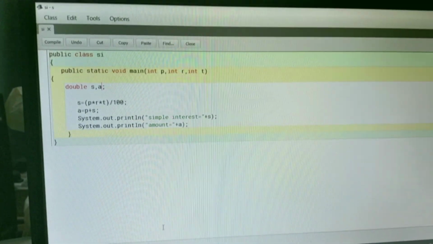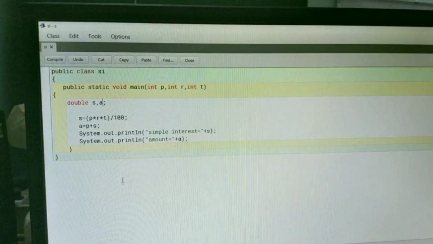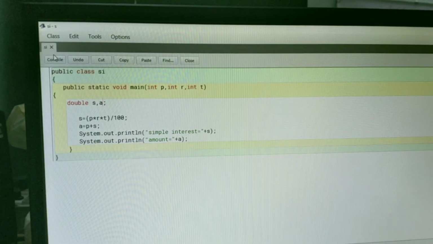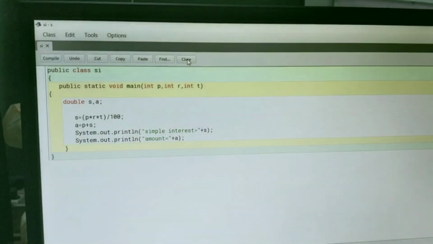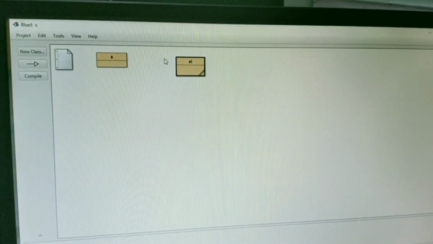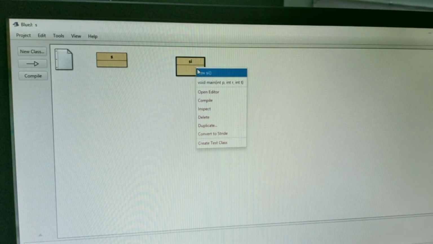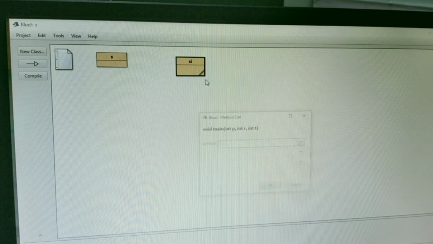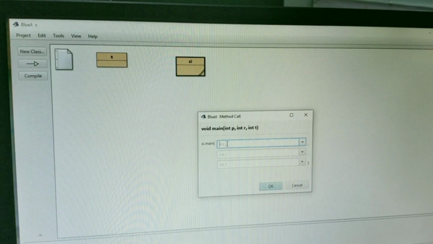Then we can execute the program also. After compiling, close the window, and after clicking on the class icon, right click here, click on the void main option, then enter the principal value. You can enter any value, like 2000 I'm entering here. For rate, maybe rate is 10, and time is 2 years.